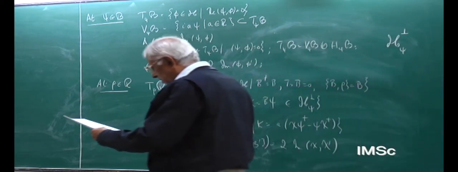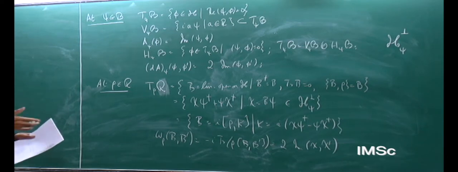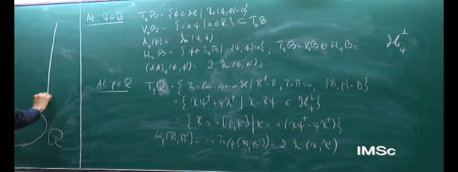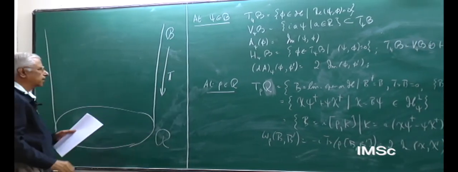So now I will describe to you a simple-minded way of trying to describe these spaces locally in such a way that you can do simple calculations without too much difficulty. So I will use this part of the board to draw a diagram, and then I will not rub it, I will not modify it, etc. So here is our ray space, as always. Here is the space B, and this is the projection operation, pi.